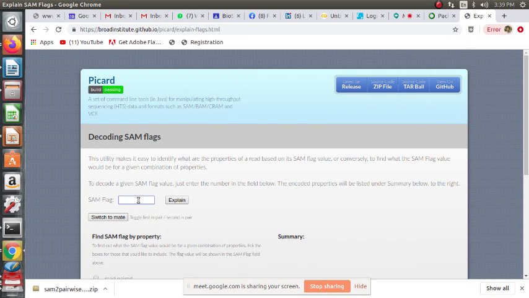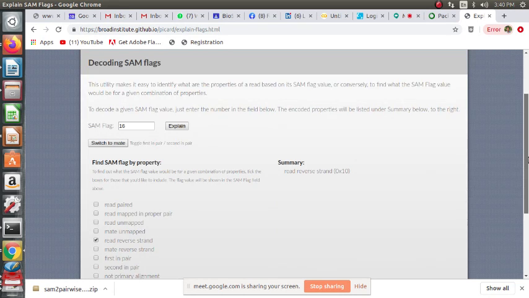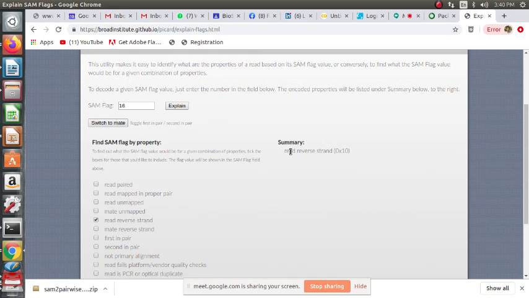Let us enter 16 here, right? Explain. Yes, SAM flag property. What is the summary? Yes, we entered 16 here, right? Can you read this? Read reverse strand. It's reverse strand, right? So use this link for SAM flags.